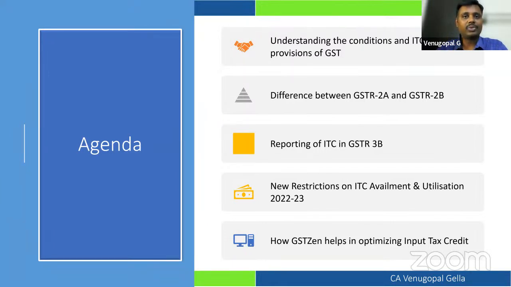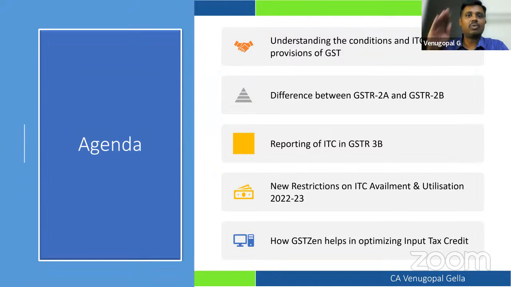But today, various provisions are clearly saying that just because there is a balance in your electronic credit ledger, it doesn't mean that you have an unconditional right. Unavoidable circumstances can also come and stop it. In fact, the first instance was notification 20/2018, where the inverted duty refund for the textiles was brought in.